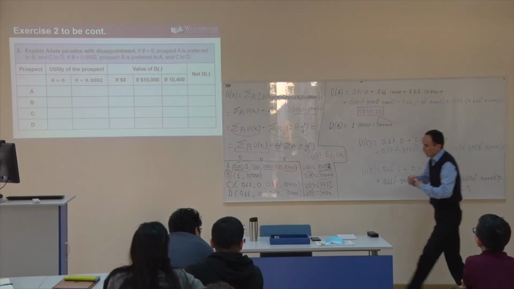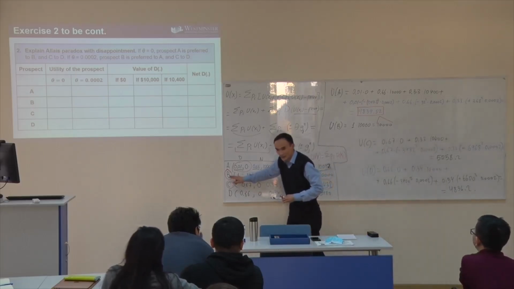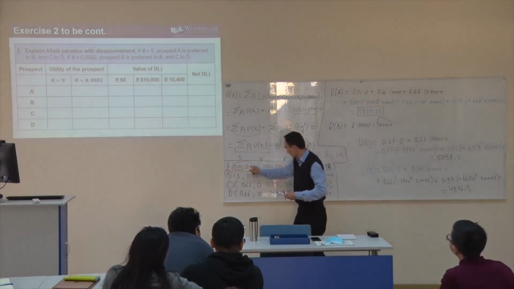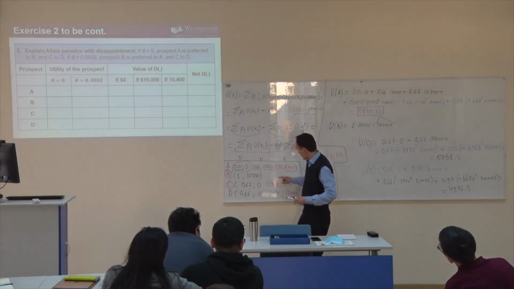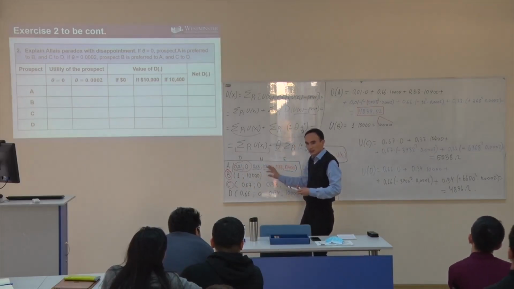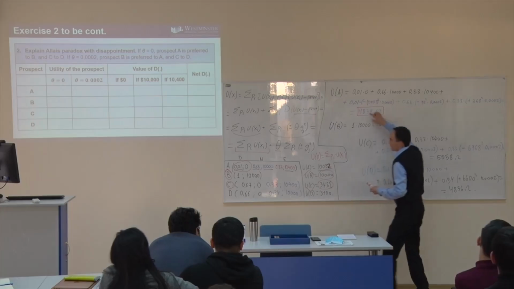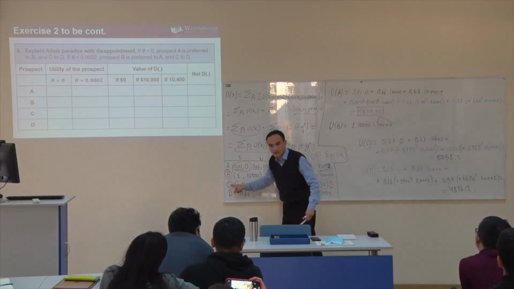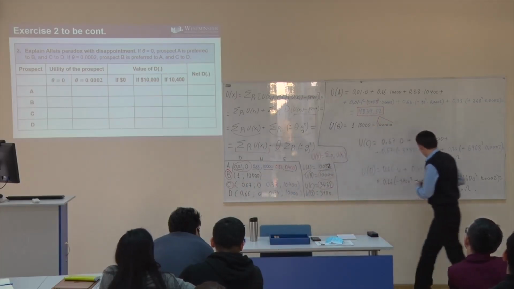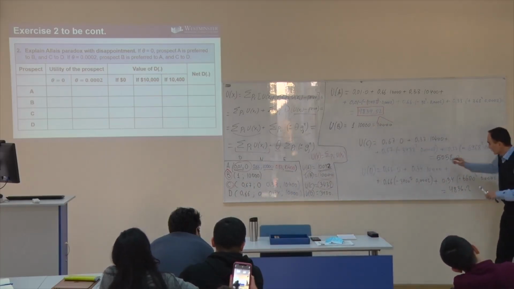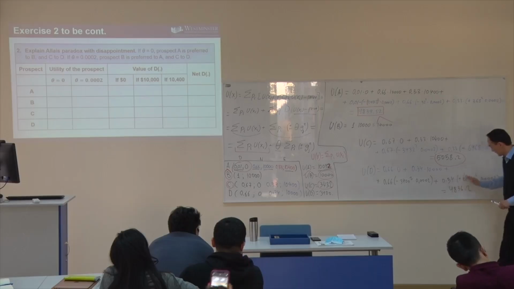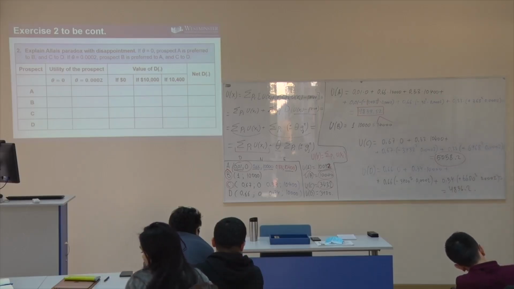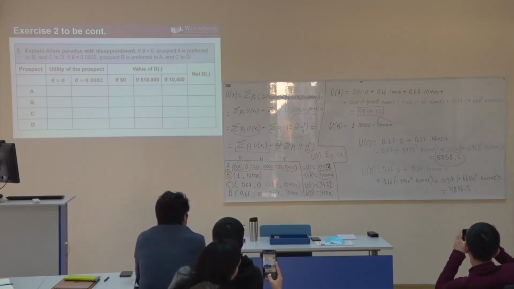So when people were asked, they were choosing B instead of A, even though expected utility was higher. So why? Because it has some elation and disappointment. So now it makes sense, right? And in the case of C and D, they were choosing C. Does it make sense? Yes, okay? So now this is the case, C. Done. So this is how we have to calculate this one, all right?